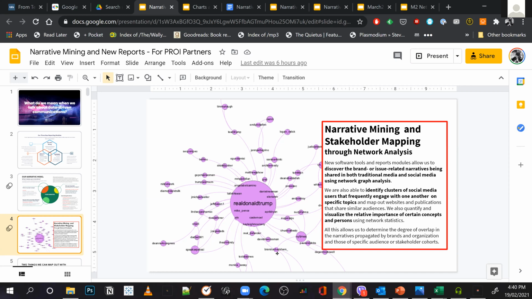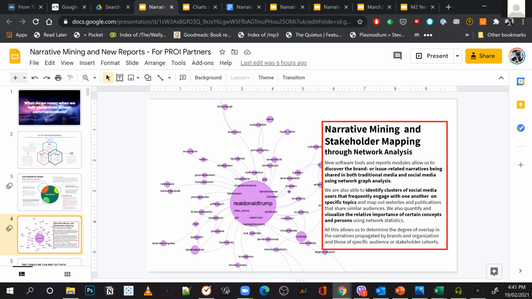Another term for node is vertex, and you need to know that because in the software that we use, they say vertex instead of node. And in an actor network, like what we do for stakeholder mapping, each of these nodes represents a person. So for Twitter, it's an account on Twitter. This network map that you're looking at here is something that we created for Donald Trump's Twitter. And these are the people who have engaged with Donald Trump on Twitter. So you see here people like Nancy Pelosi, and then yung New York Times, etc. and other things. So ayun siya.